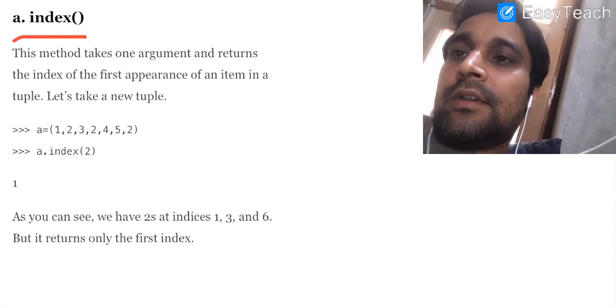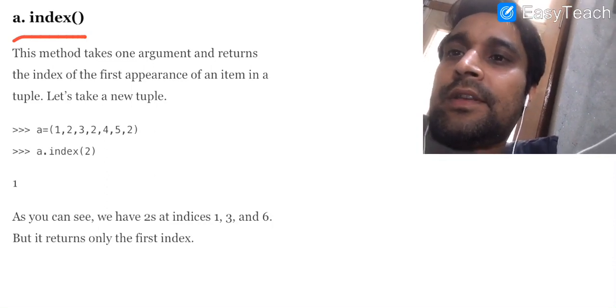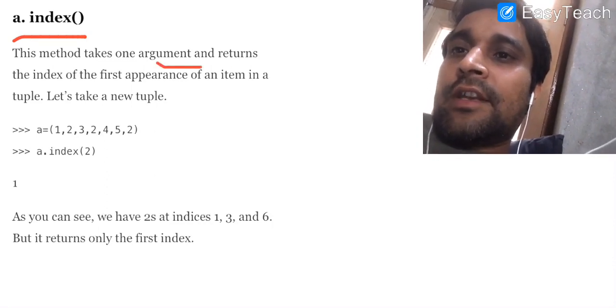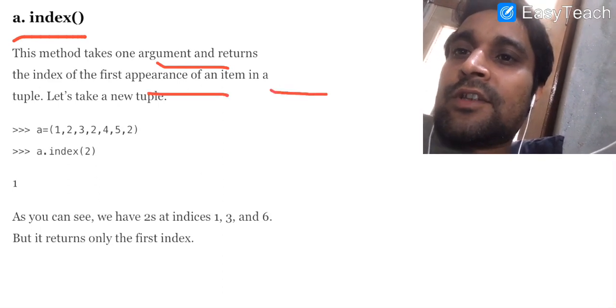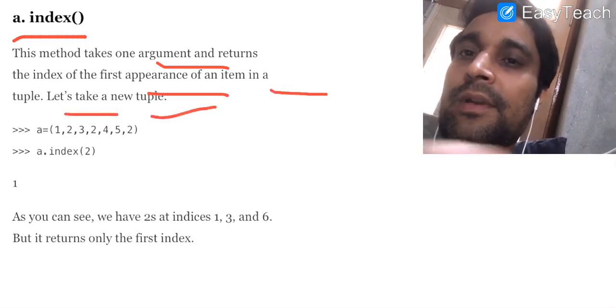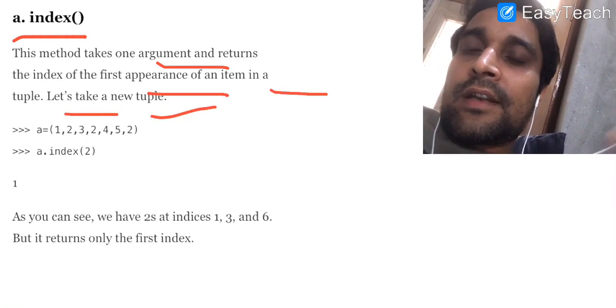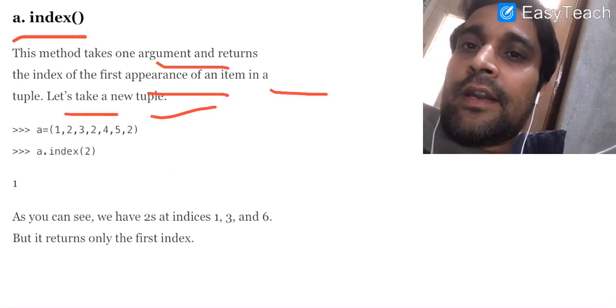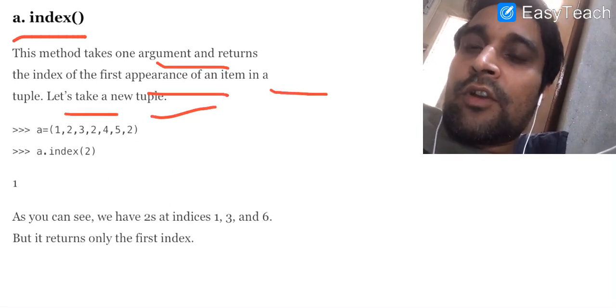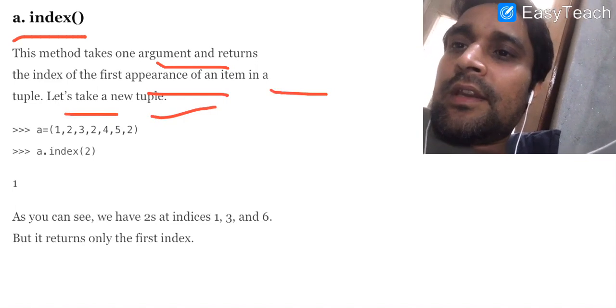Now our next function is the index function. This index function takes an argument and returns the index of the first appearance of the item in the tuple. It means when the value is available in the tuple at the very first instance, it returns the index of that particular element that you have passed as an argument.